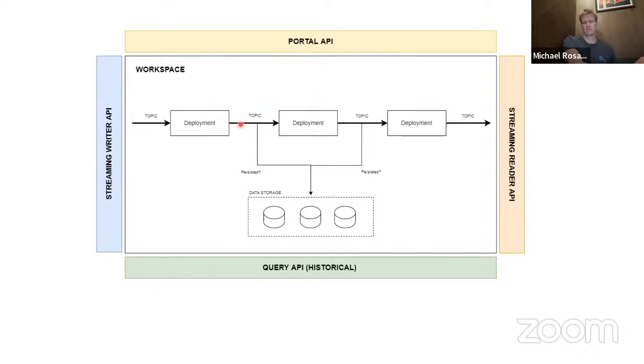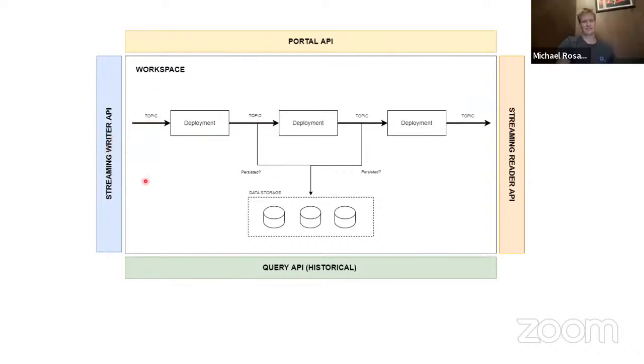Yeah. So these represent the Kafka topics, the Kafka broker, but I represent it with arrows because it's easy to understand for people. Because data always flows from left to right, apparently. That's what I've been told this week. Data always flows from left to right. Yes, this could be more complicated, but just to make it simpler, for example, I make just 3 deployments and 4 arrows, but it could be a very, very complex pipeline. Okay. So deployment is where we're processing data with our code, and the topic is where the data is flowing into or out of our processing, correct? Exactly. And it's starting from the left side and it's going out from the right side.